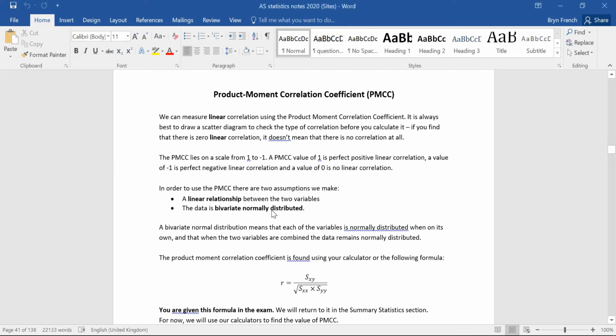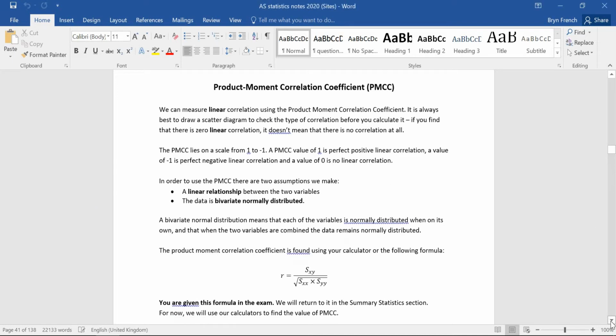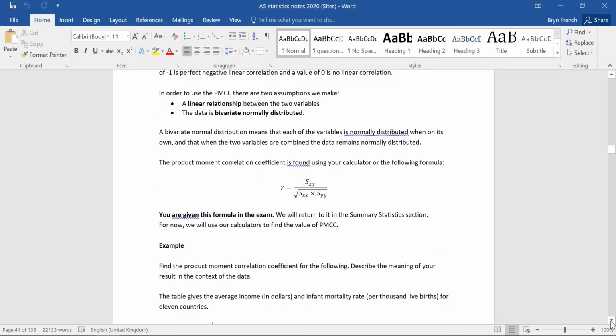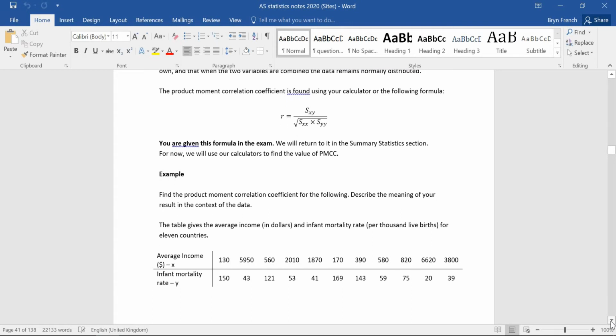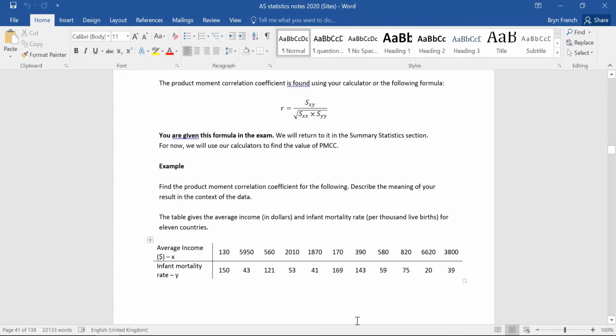From the notes booklet you'll already know how to do this using the calculator, pressing those buttons to get those values and finding a value of R. If you haven't got a graphical calculator available to you, you need to make sure that you're buying one from ParentPay. You should have had a letter about that already. But in the meantime, you can do this on Microsoft Excel or Google Sheets, which is what I'm going to